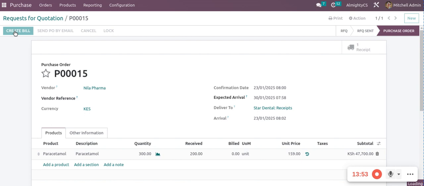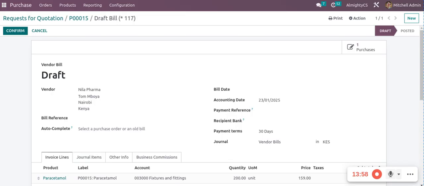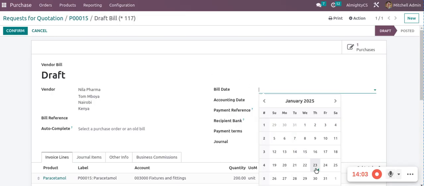And when I click on create a bill, now it means we are acknowledging that we owe Nila Farmer for the item that we've just received. So here, the most important thing is the date we are acknowledging we owe them. And this is today. So I'll say 23rd. I can select here, but when you're recording the video, this feature is kind of disabled. So I will do that and save in 2025. So we are going to type the date here,